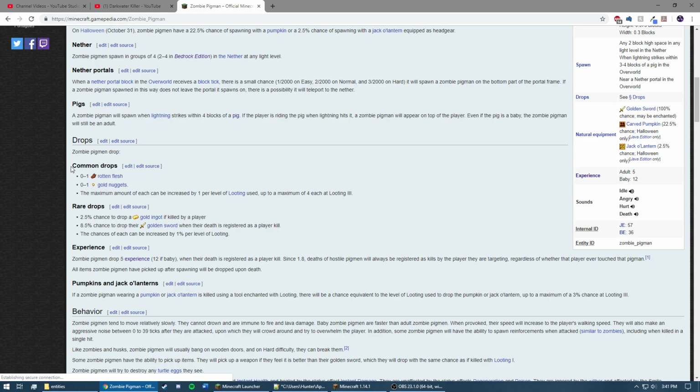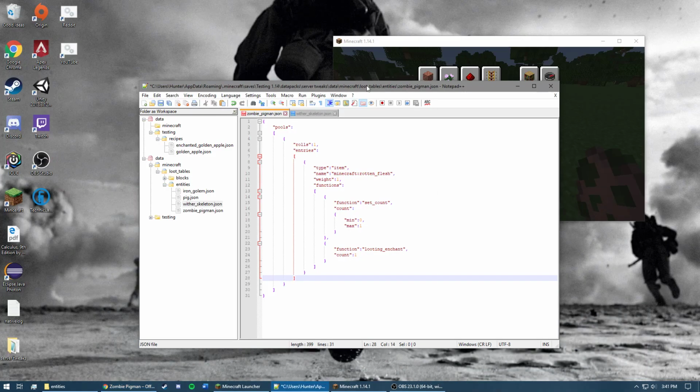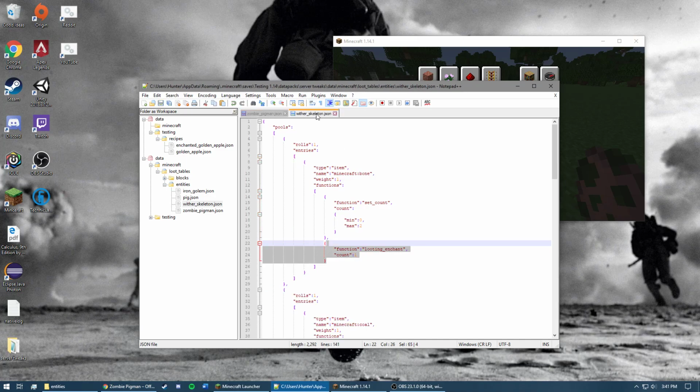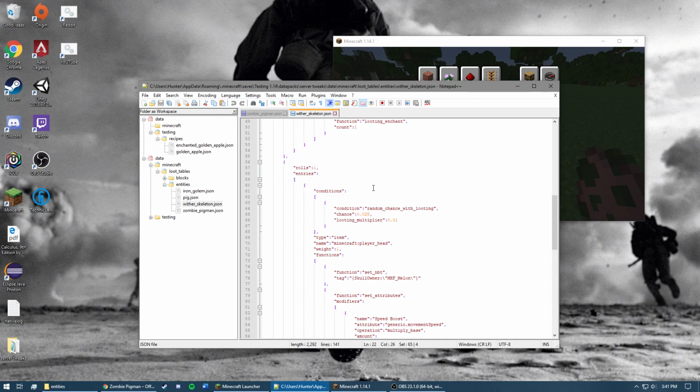So basically what I'm doing right now is recreating the default loot table of a zombie pigman. For something like these rare drops, it would be, gosh, what would I do? You would, let's refer over to what I have for Wither Skeleton. Okay, so